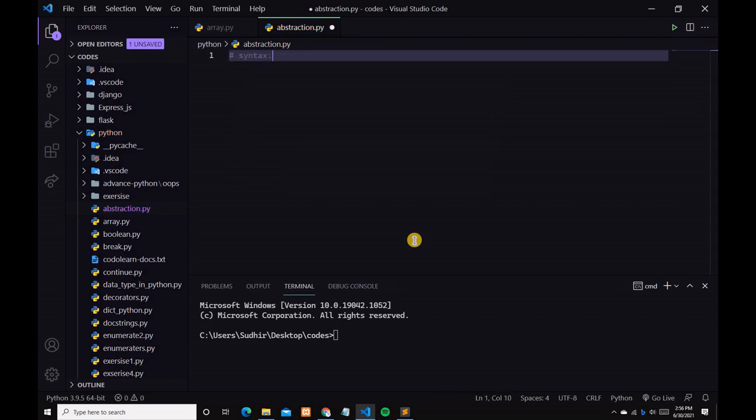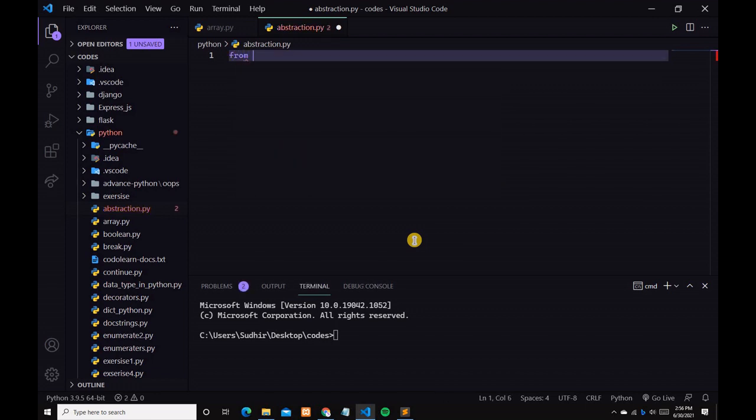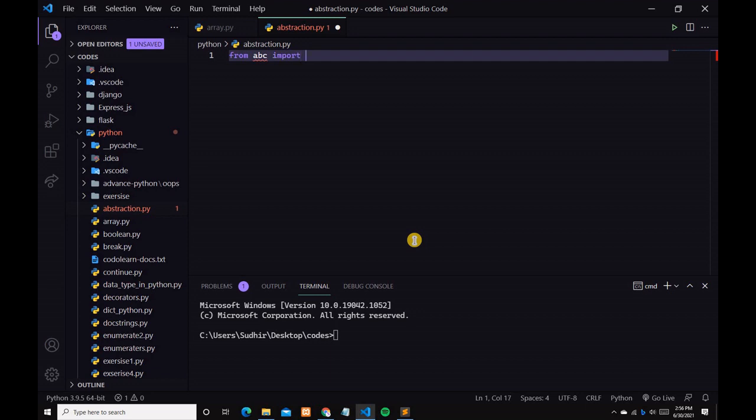The syntax for abstraction is, first of all, you have to import the ABC module. So you have to type from abc import ABC. This is a very simple step, and you have to type ABC in capital.